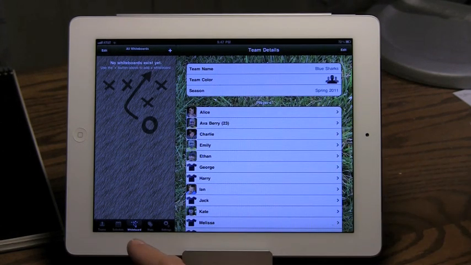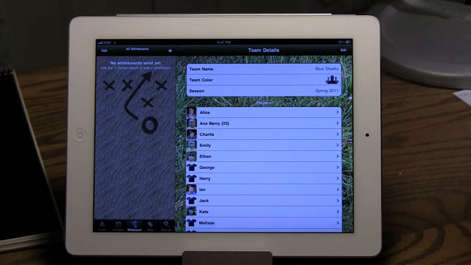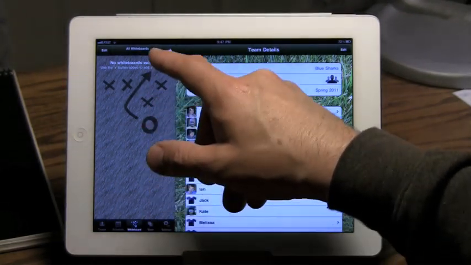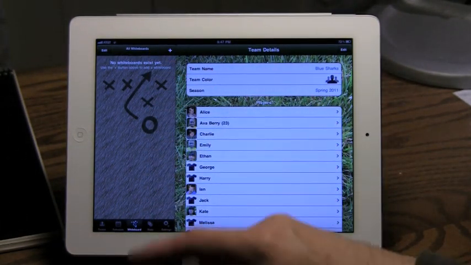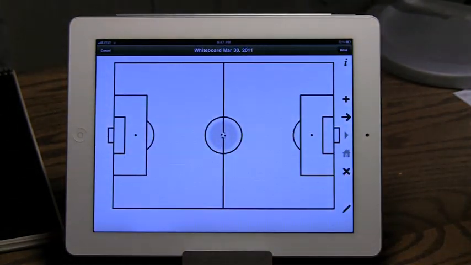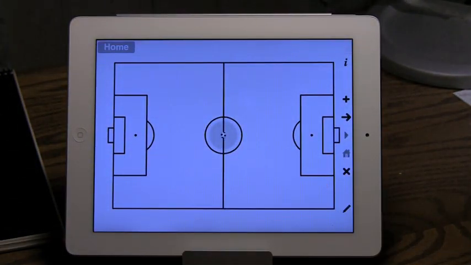Here you can see I'm in Dad and I have the new whiteboard tab selected, and I currently have no whiteboards defined. So to get started I just click on the plus here and I see a basically empty whiteboard